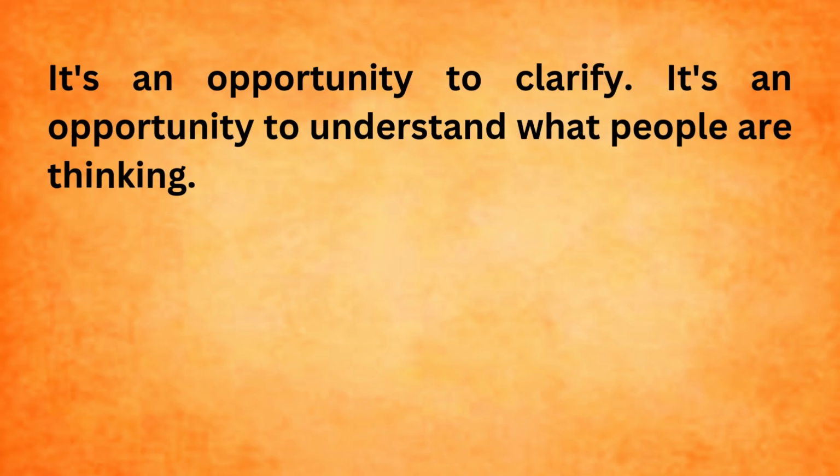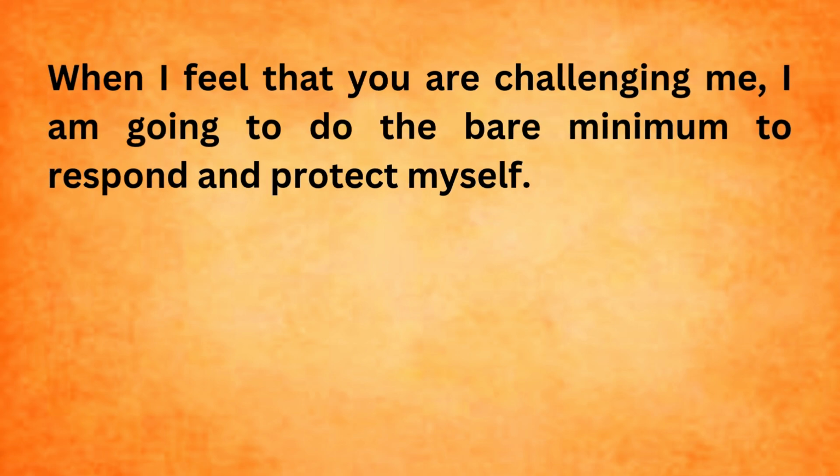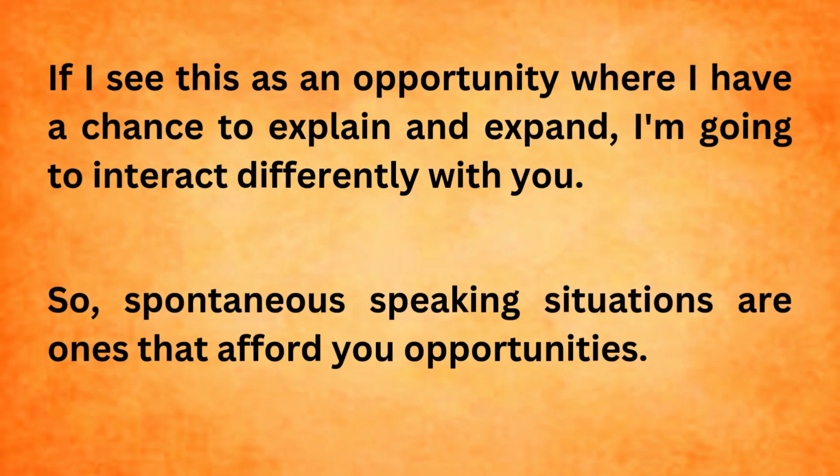It's an opportunity to clarify. It's an opportunity to understand what people are thinking. So, if we look at it as an opportunity, it feels very different. We see it differently, and therefore we have more freedom to respond. When I feel that you are challenging me, I am going to do the bare minimum to respond and protect myself. If I see this as an opportunity where I have a chance to explain and expand, I'm going to